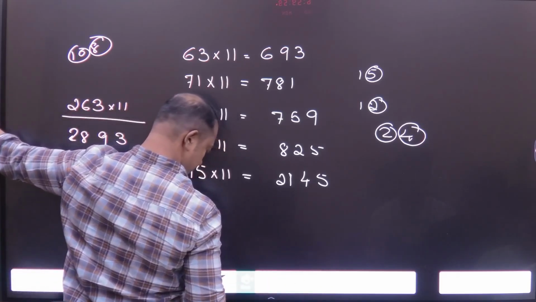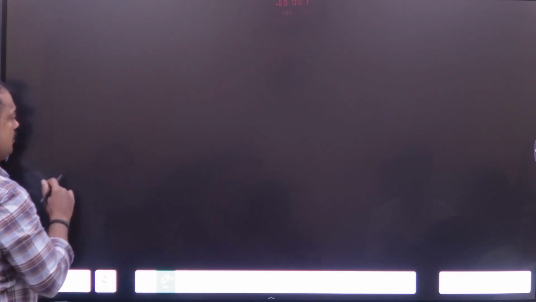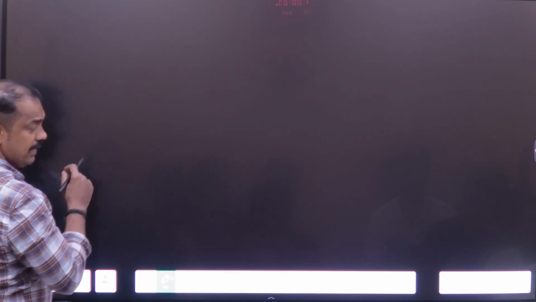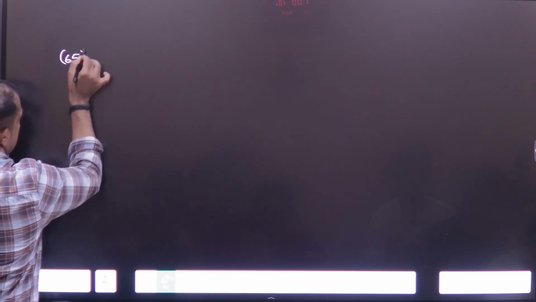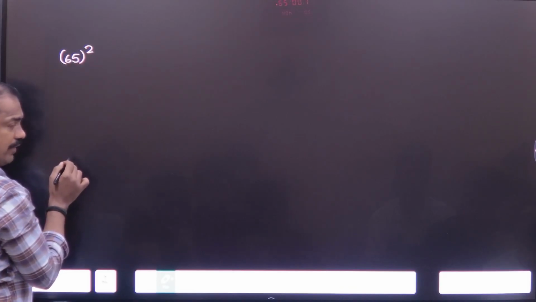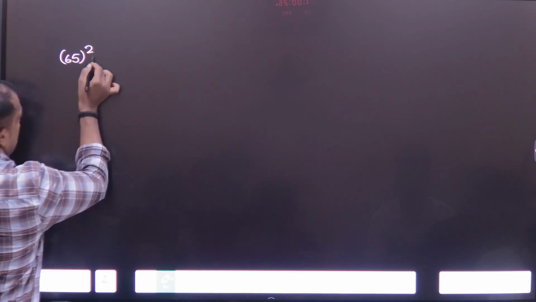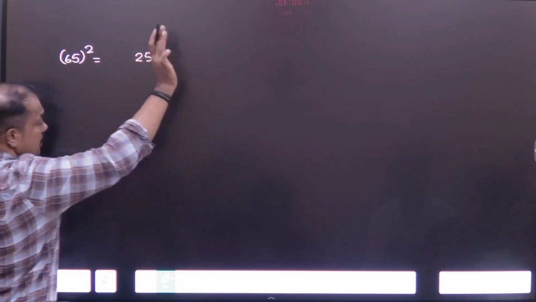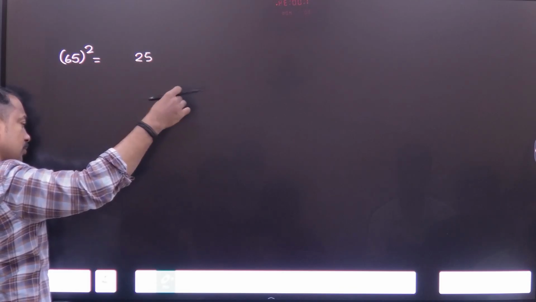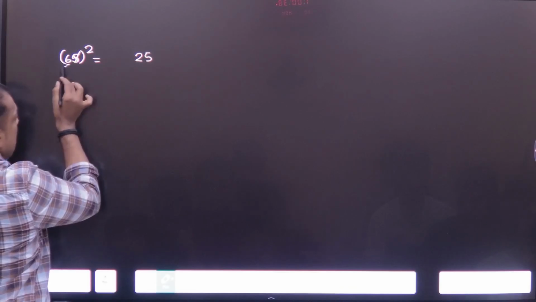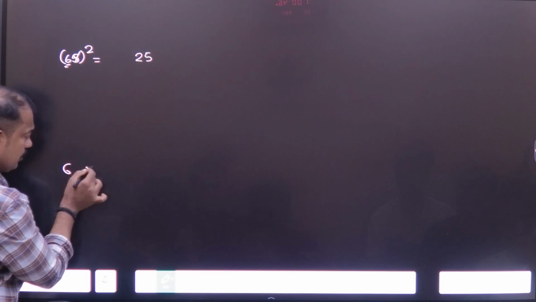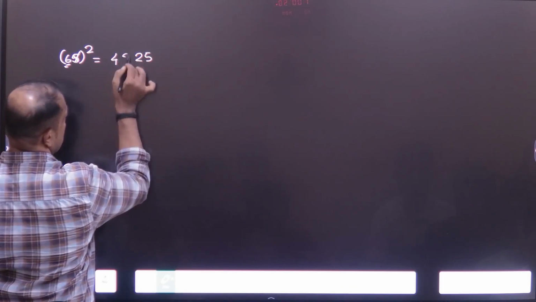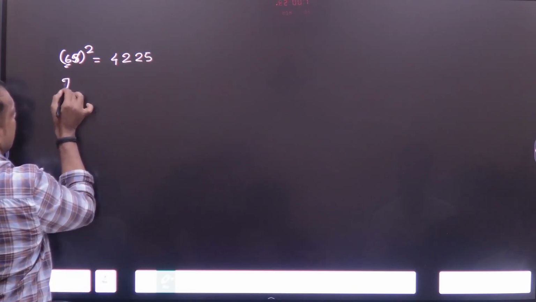ये याद कर लो, पूरा चैप्टर में अप्लाई कर सकते हो, ठीक है। एक और चीज, any number that is ending with 5, how to find the square of that number, example 65 का square, any number that ends with 5, how to find the square of that number without a calculation। देखो, first write always 25, last 2 digits are always 25, now remove this 5, the number is 6, what is the number after 6 in counting, है ना, 6 के बाद नेक्स्ट नंबर कौन सा है, दोनों मल्टीप्लाई कर दो, इसको सामने लिख दो 4225, होगा 75 स्क्वायर